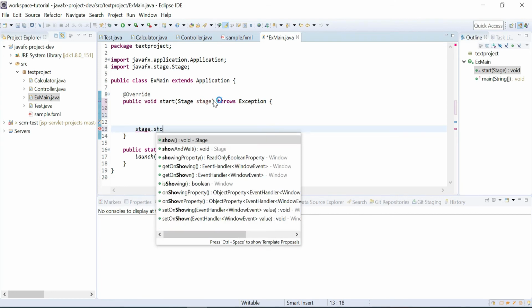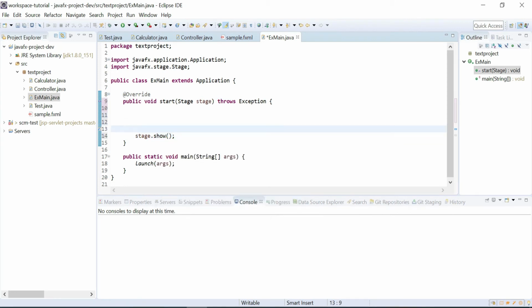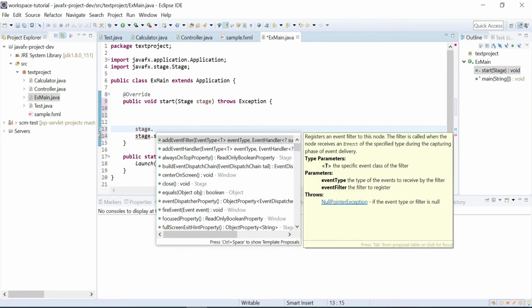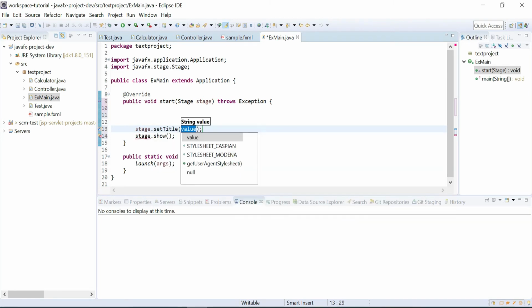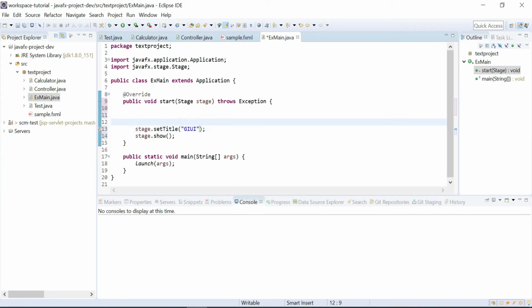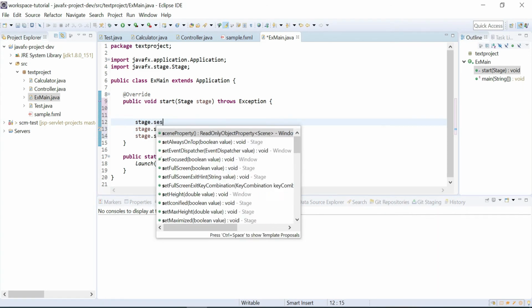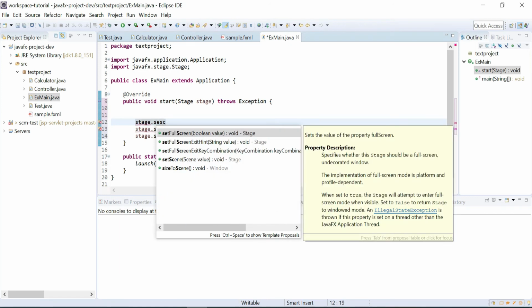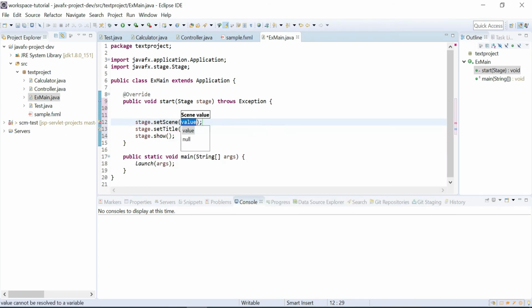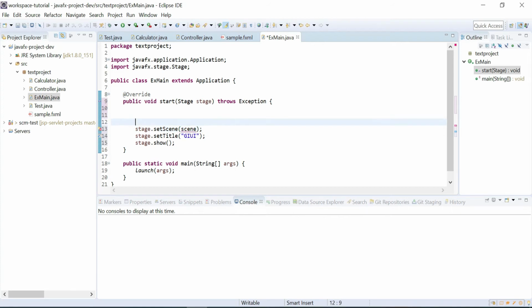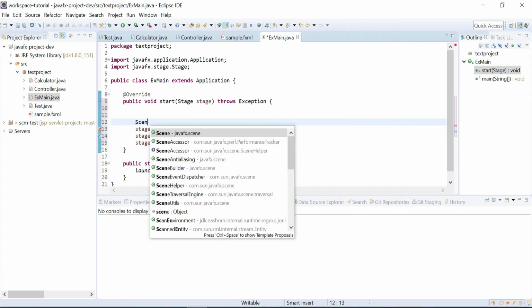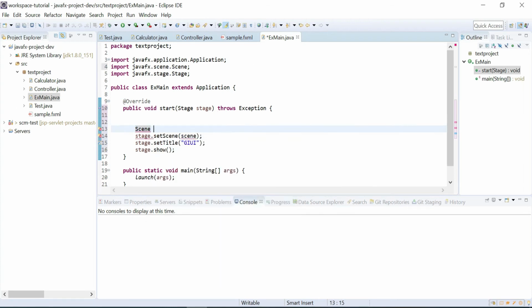stage dot show and stage dot set title and stage dot set scene. When you say set scene, now our scene object will come.